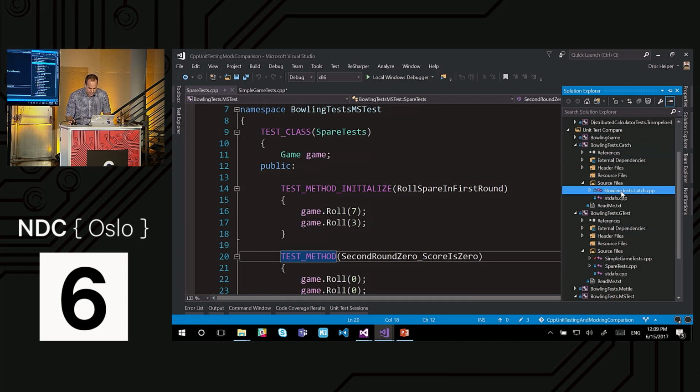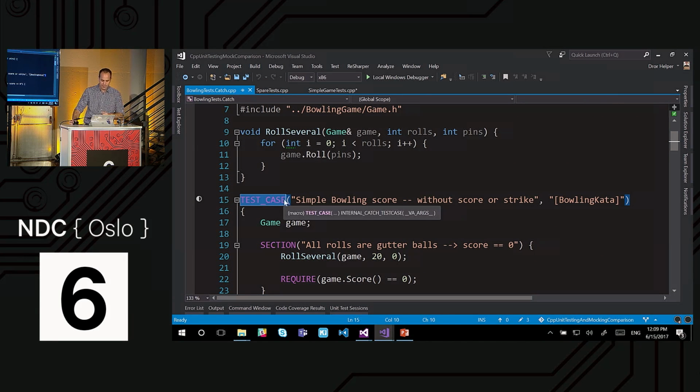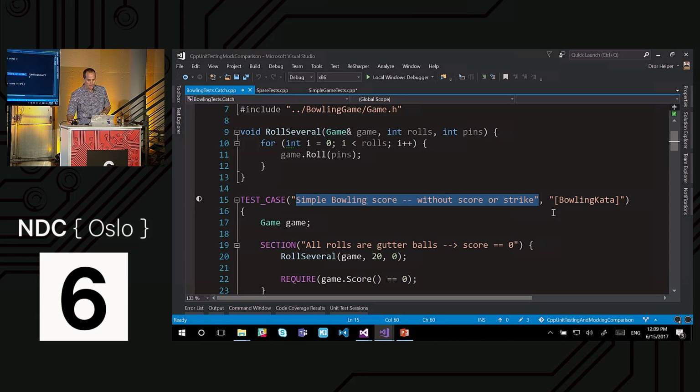In Catch, we can do a bunch of things. First of all, a test called test case, but not in that very similar. But the cool thing is this. I like this: I don't need to write a test name that is actually a method name. And when you think about it, it wasn't that hard to do in Google Test as well, but they chose the way that everybody did it. They didn't think how to make our life easier.